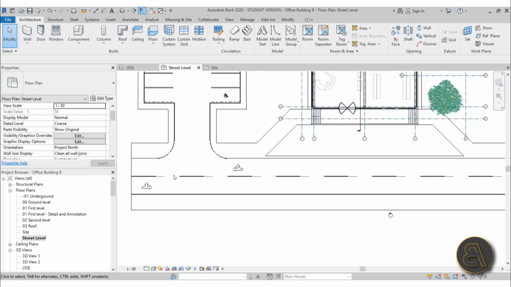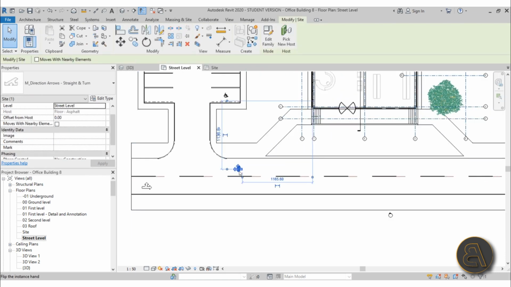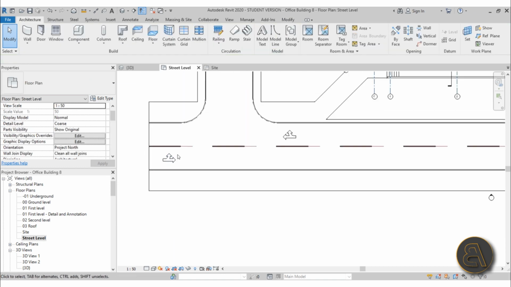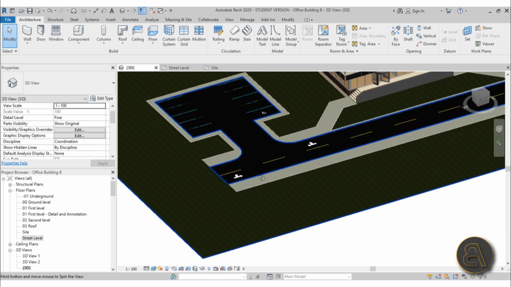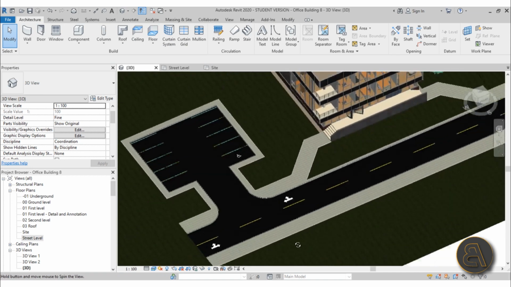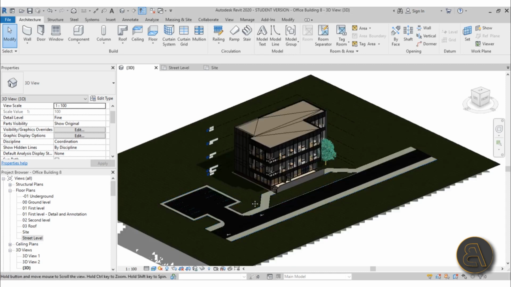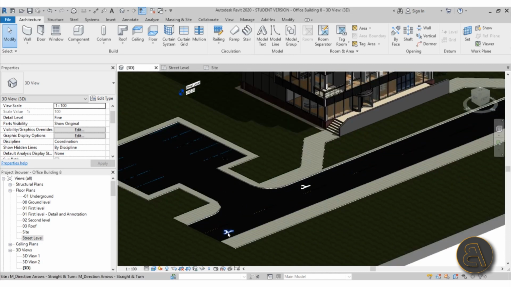Okay, this is really useful, and let's see, you have to just double check, select it, and then see is the host the right floor, and in this case it is. Same thing here, so just make sure that that's set up correctly, and now we can go into 3D just to double check everything, and I think this is now looking really nice. So we can leave it at that for our site and all of our road markings